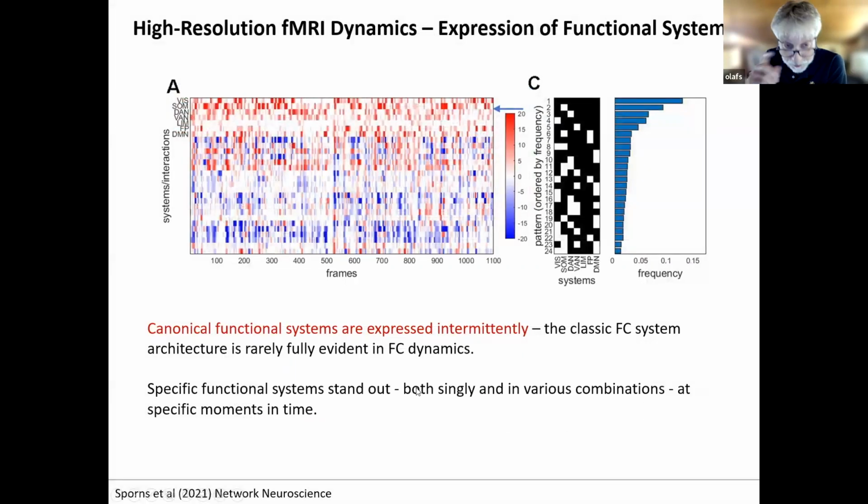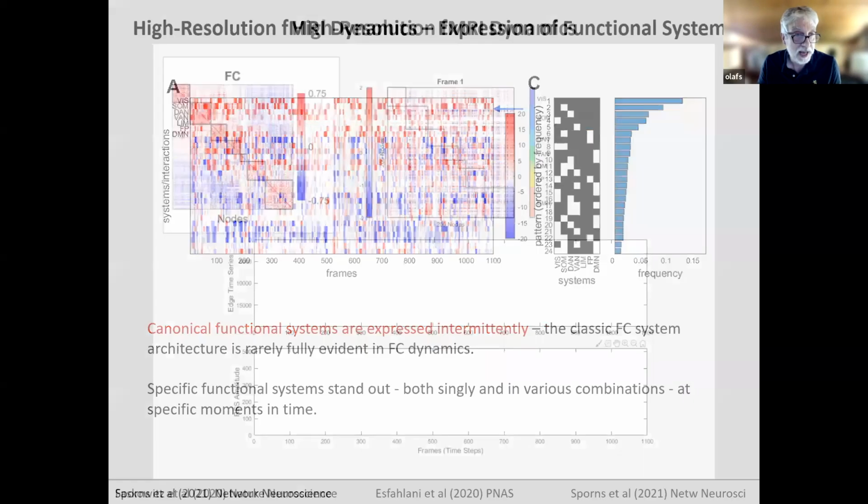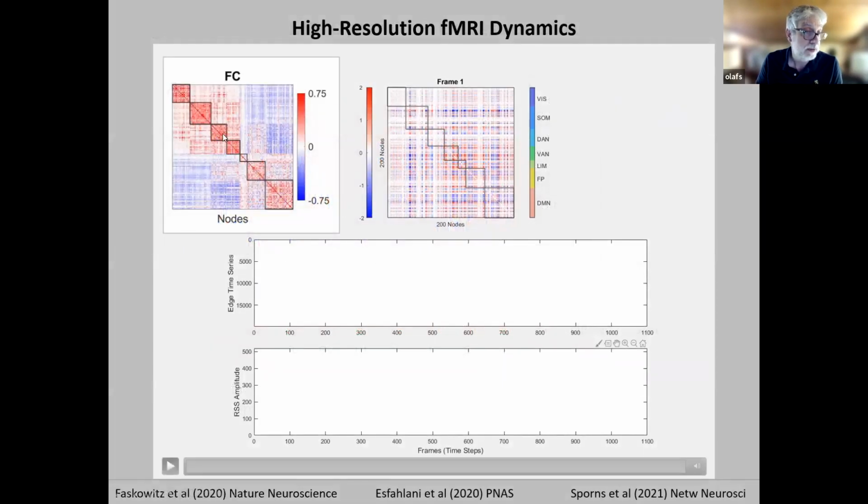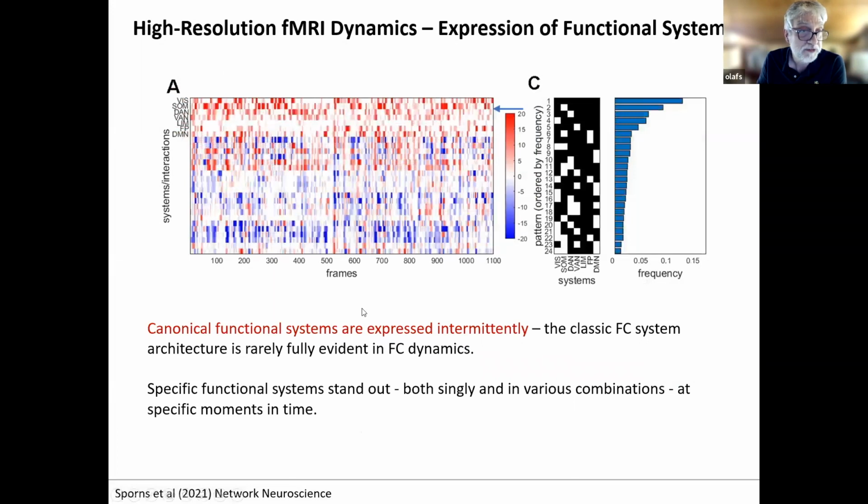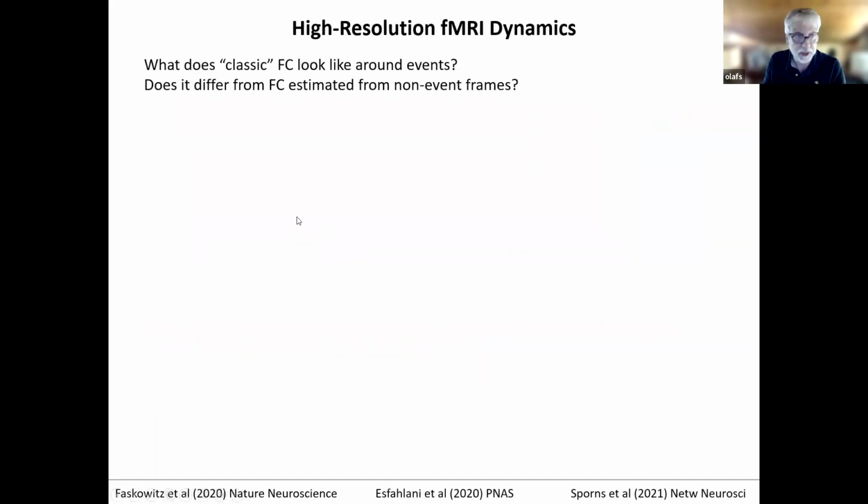One thing that you observe, I should have pointed out in the movie, is that functional systems are not equally well expressed across time. So the functional architecture we're so familiar with, and let me go back for a second, visual, somato motor, attention systems, frontoparietal, default mode, and so forth, that we're so familiar with from functional activity analysis is not well expressed at any given moment in time, right? You could see that in the movie. In fact, different systems come into and go out of co-fluctuation amplitude very quickly. You can perform all sorts of clustering analyses, and you can come up with distributions of how often systems are expressed and what combinations they occur. It opens up a whole new way of analyzing functional connectivity.